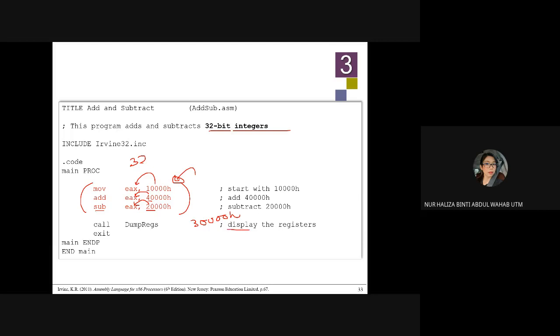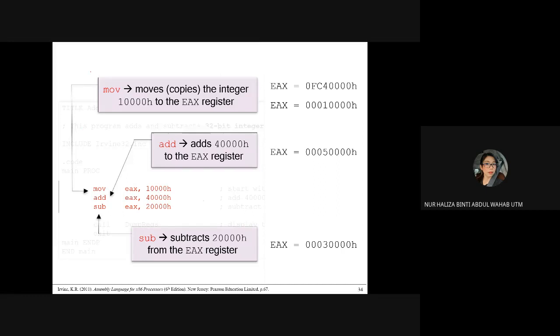And you're going to display the register, which is called dump register. So this is what happened. There is an instruction MOV, which is move, which means you copy the integer 10,000 to the EAX register, and then you're going to add 40,000 to your EAX, and after that you subtract. So your EAX will be